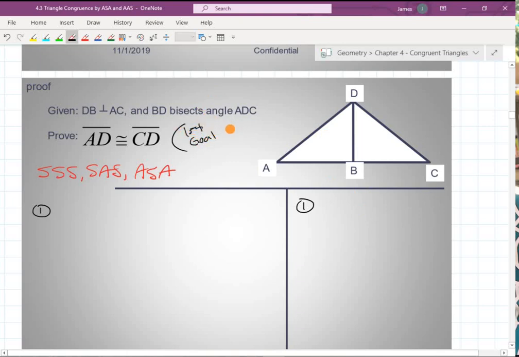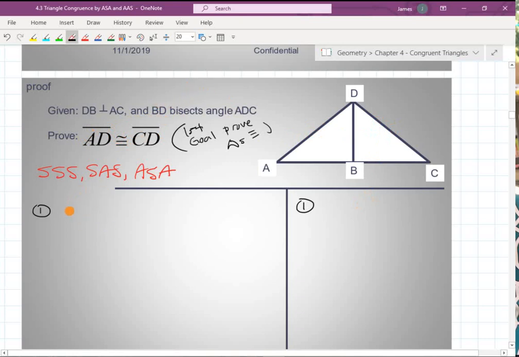The first goal is to prove triangles congruent. Okay, so that's what I'm going to start to do first. Because if I can show these two triangles, like triangle 1 and triangle 2, congruent, then that and that will end up being corresponding parts, and I'll have what I need. Okay, so let's go through